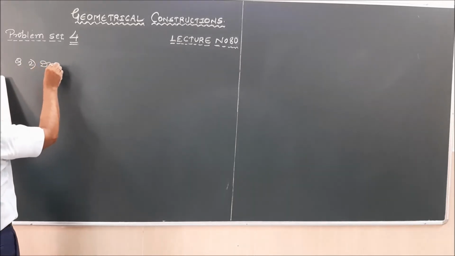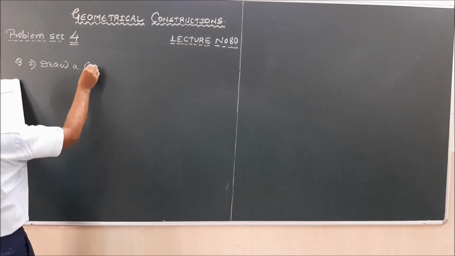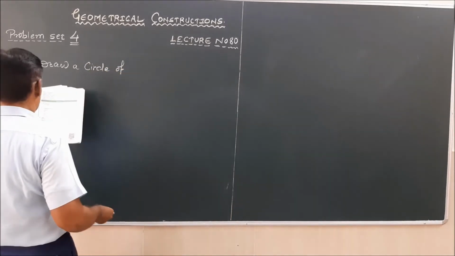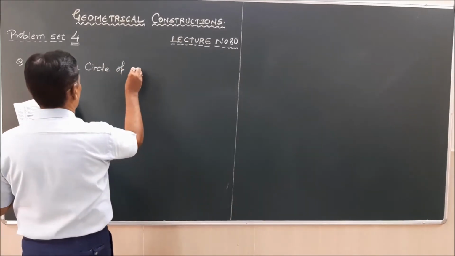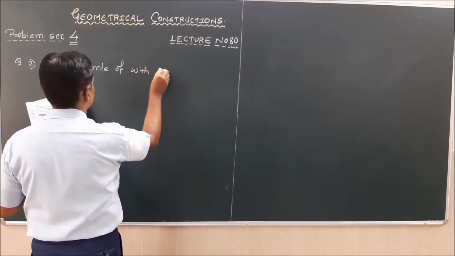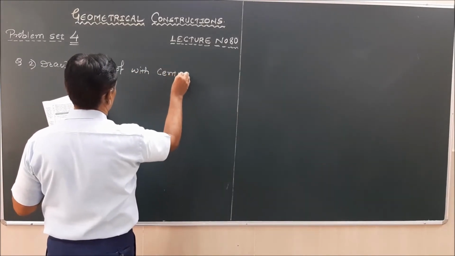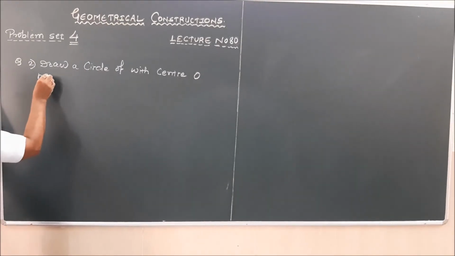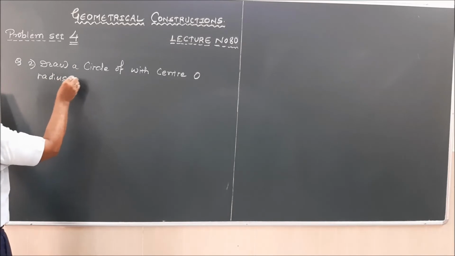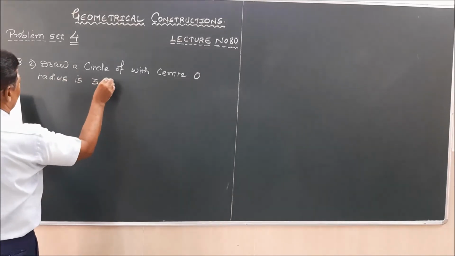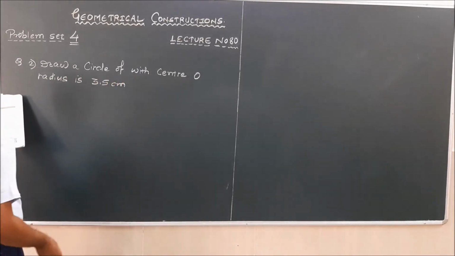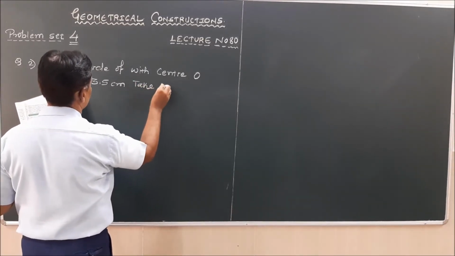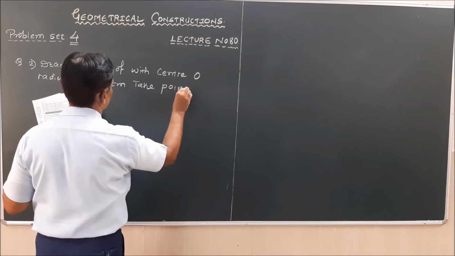Draw a circle with center O, radius 3.5. Take point P